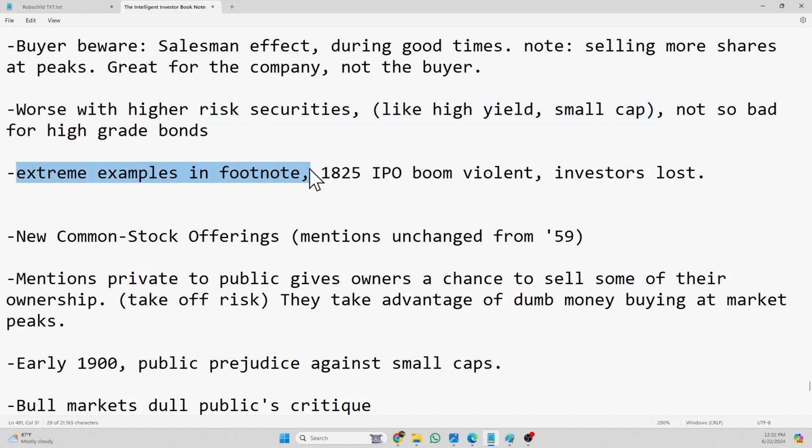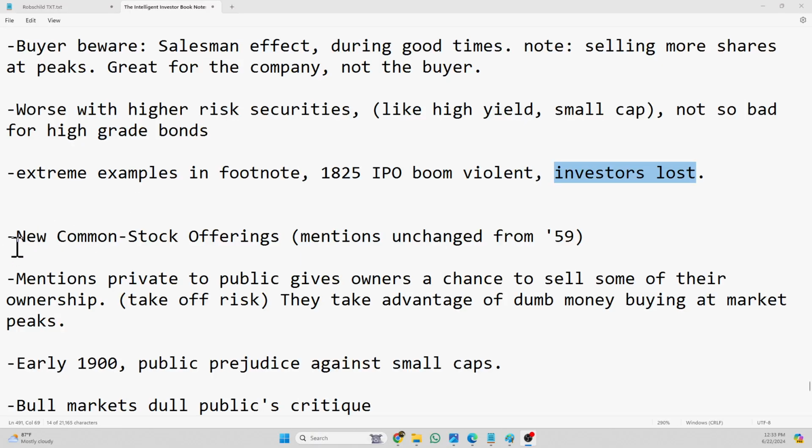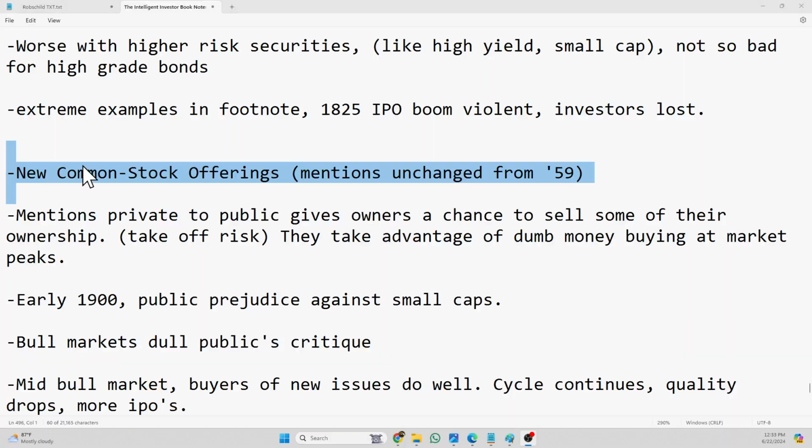Then there's an extreme example in the footnote about an IPO boom in 1825, where it would be the equivalent of today if you had to go somewhere to buy Reddit stock, with people crowding all around the place that sells the stock, and things got actually violent. People got stampeded, and a few years later, after buying these hot new issues that everybody wanted, they lost an incredible amount of value. The book even says some investors hired henchmen to get in on some of these IPOs they were so excited about, and it turned into a disaster for all of them. So fair warning there. What's so funny is how that relates to today, and we're doing the same thing today. All these meme stocks, it's ridiculous. But anyway,